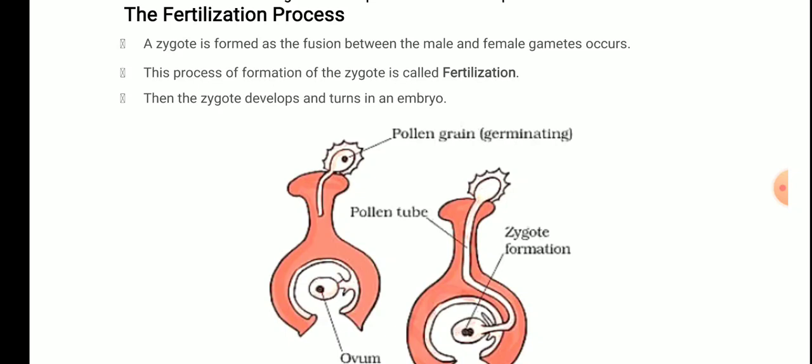I told you if the plant is of a different species, then due to some chemical composition the pollen grain will be rejected and there will be no germination of pollen grains, and the fertilization process will not take place. Okay. In this video we will be discussing the fertilization process. So, I hope it is clear to all of you what we discussed yesterday in the previous video on sexual reproduction in plants. In this we will be starting with the fertilization process.